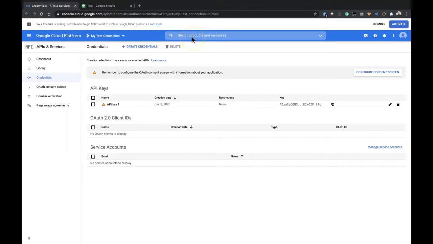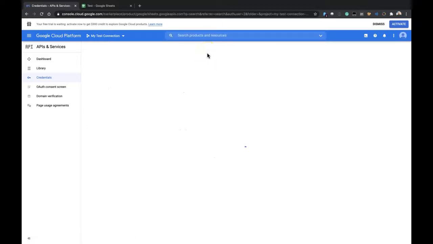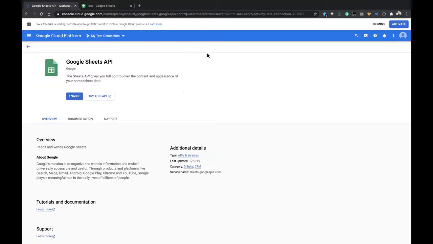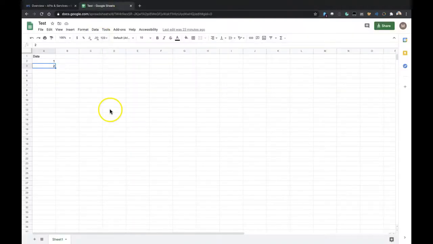Next thing we're going to want to do is enable the API for Google Sheets. So in the search bar above, I'm going to type in Google Sheets API. And this is what we're going to be using to connect to our WordPress install. So I'm going to go ahead and click enable. All right, so now after this is enabled, we should hopefully have everything we need in order to connect to this Google Sheet. I have my Google API key, and I also have the sheet and the sheet name, which we're going to be using later on, and I'll show you how to get that.